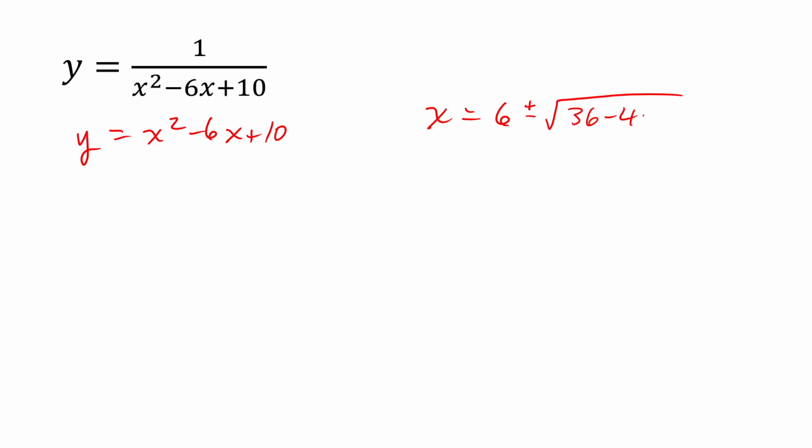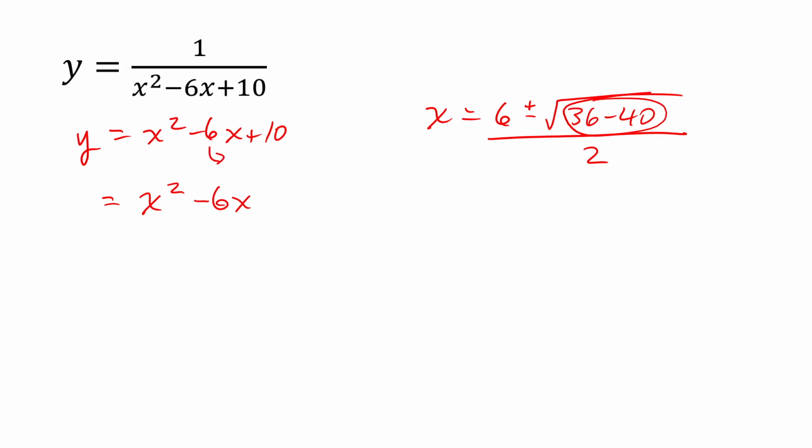But when we do that, we see that it doesn't factor, so we use the quadratic formula, and we get a negative under the square root. There are no x-intercepts. So let's get this into vertex form, and we can do that by taking half